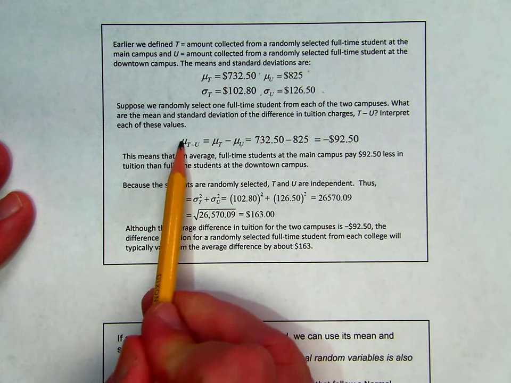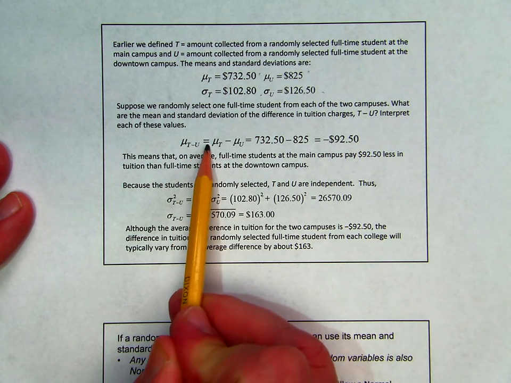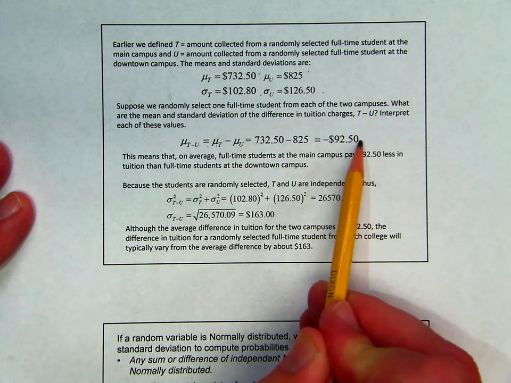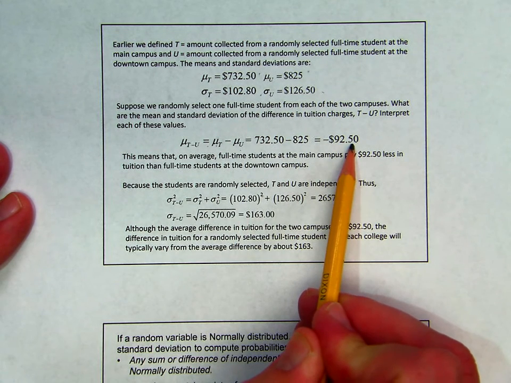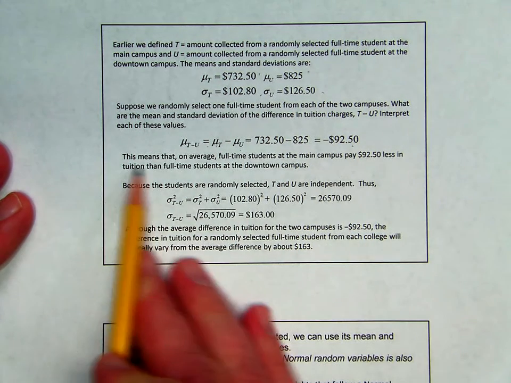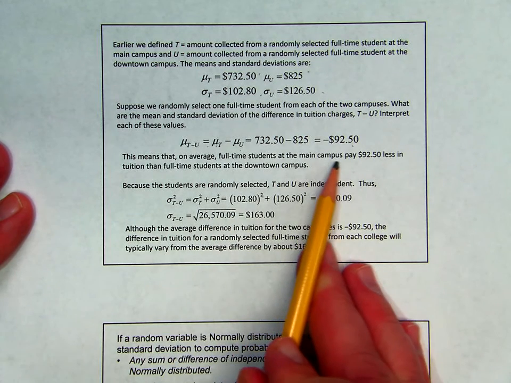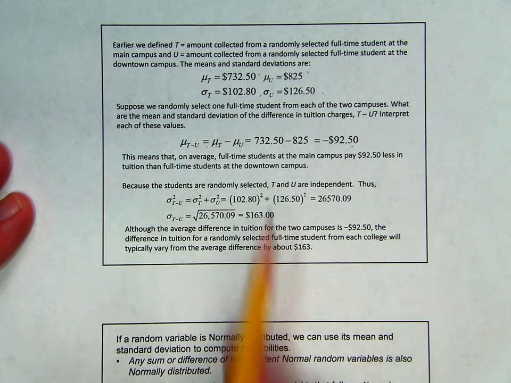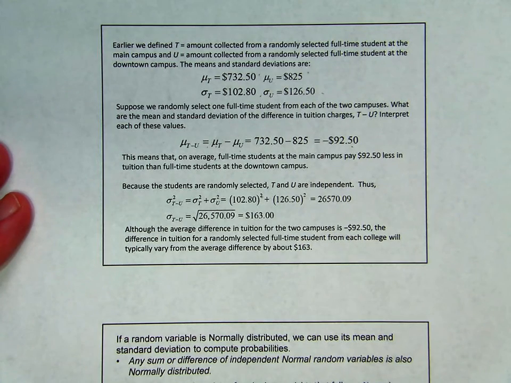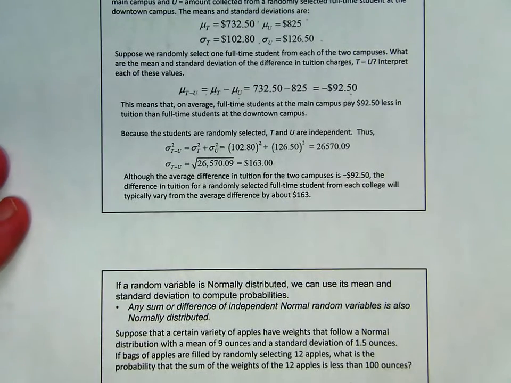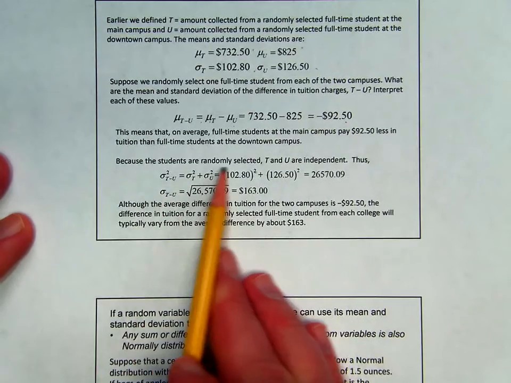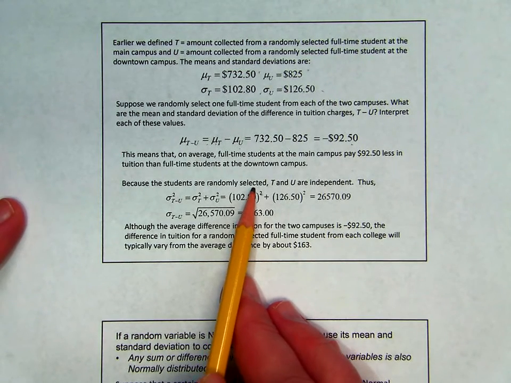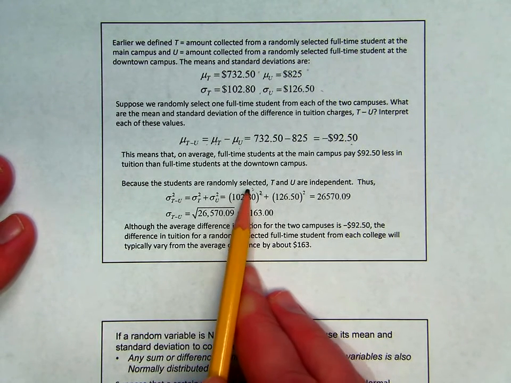So, the mean of the difference is the difference of the means: mu sub T minus mu sub U, which is negative 92.50. Interpreting that, it means that, on average, full-time students at the main campus pay $92.50 less in tuition than the students at the downtown campus. Because the students were randomly selected from two different campuses, a little bit more of a thorough explanation,